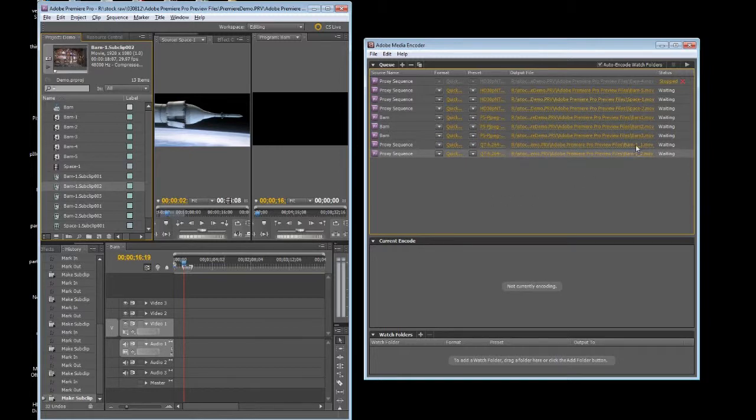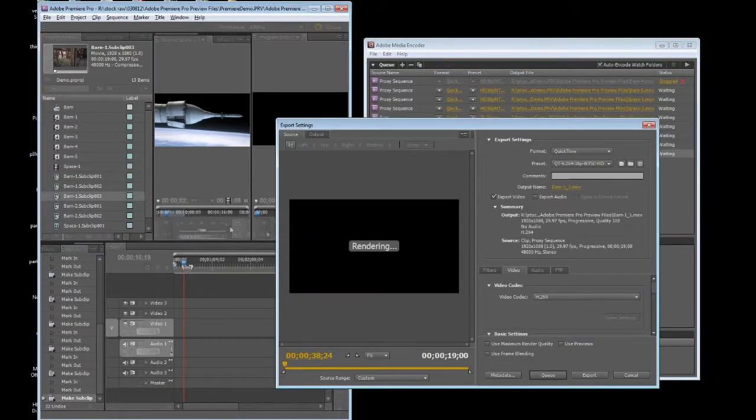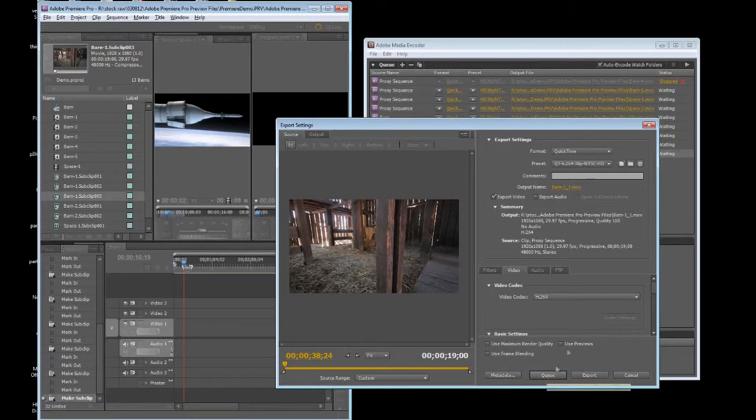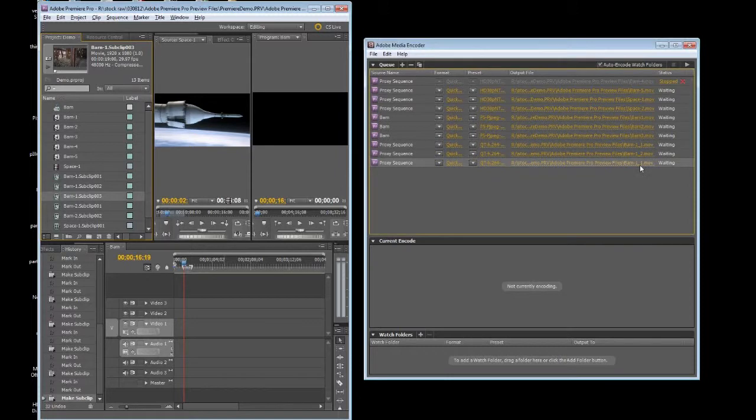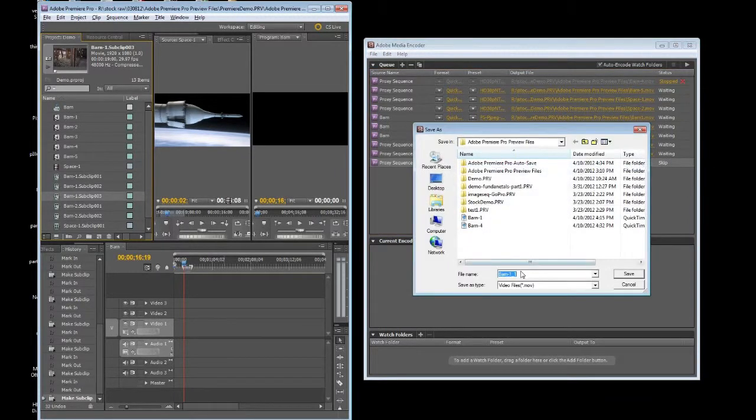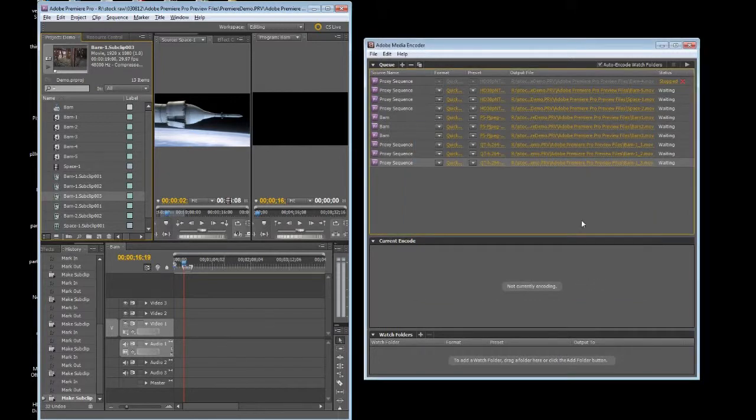Very important. Can't emphasize this enough. You're going to have to manually go in. We're going to do one more just so you can see. I'm just going to click on it, type Control M, check everything. Yep, good, okay. Throw it in the queue, and again, make sure you change that file name so that it is different. And so you just